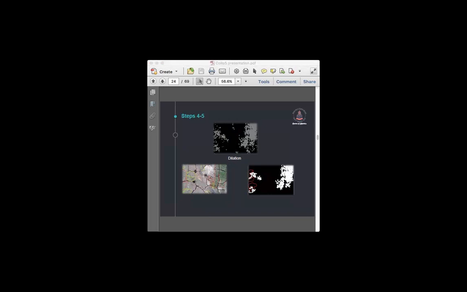This is the dilation step, which increases the segmentation that we have of the weeds. And finally, we have the weed coverage. You can see the original image on the left side and the coverage image on the right side. And here we have the coverage of the green that we have in the field. Next slide, please.